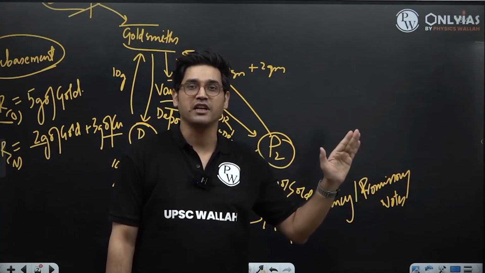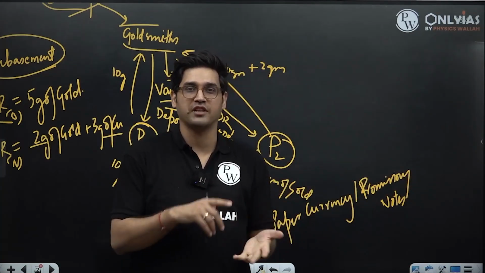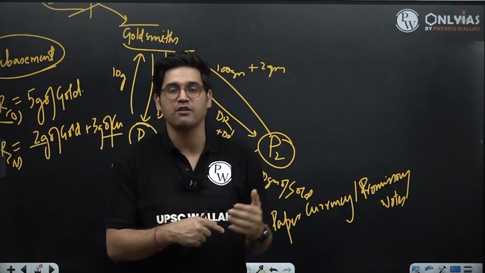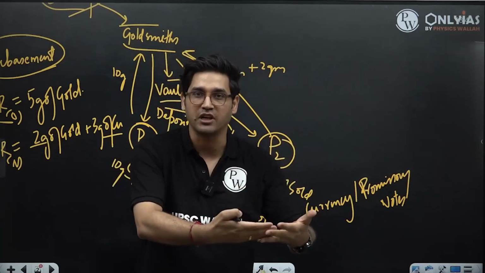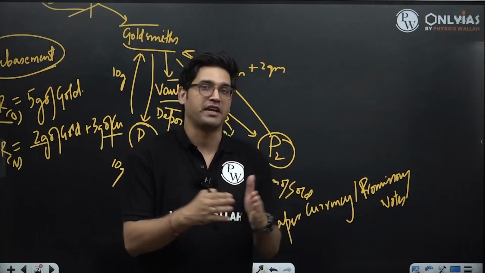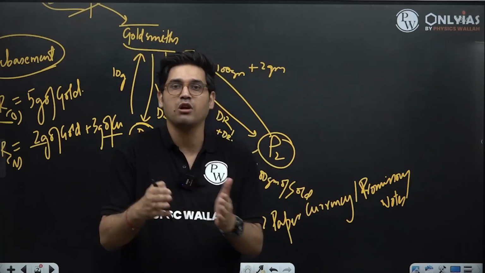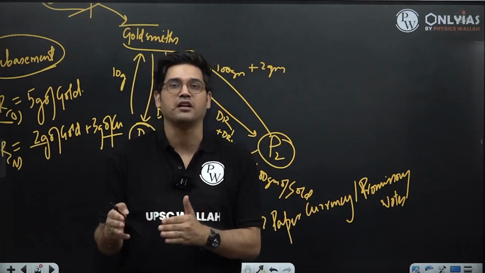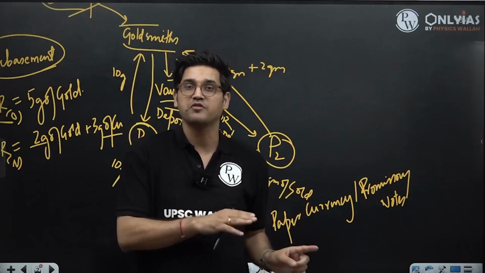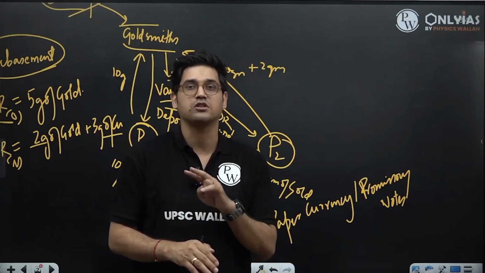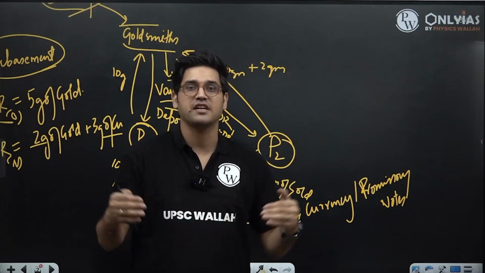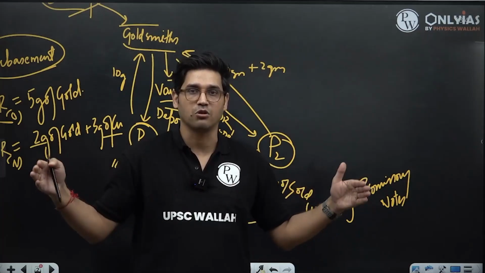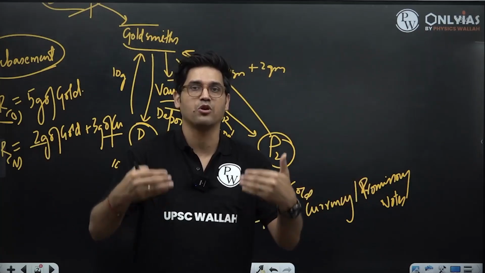So from the barter system, economies moved to commodity money. From commodity money, which could not solve two problems, that of divisibility and that of perishability, we moved to a system of metallic money. In metallic money, many metals were used, but eventually gold became the most accepted metal as money. The problems with gold were twofold. One, it was too scarce, and as economies grow and trade volume grows, every economy is going to require more and more gold coins.